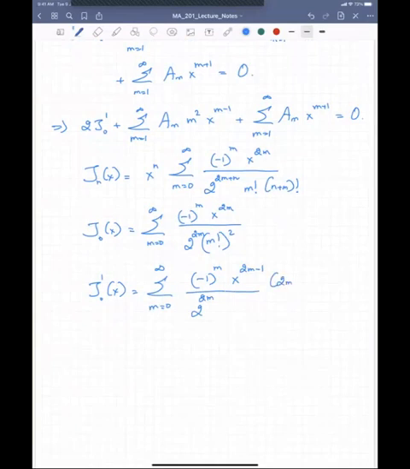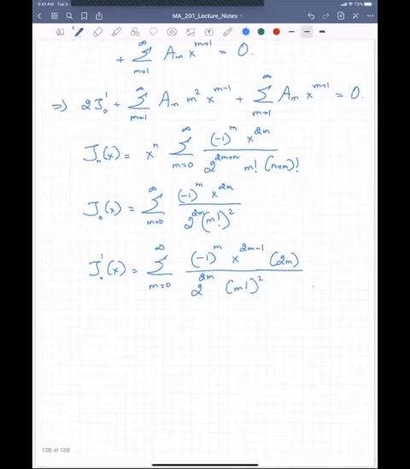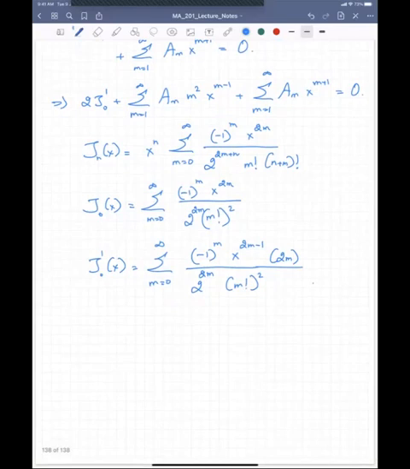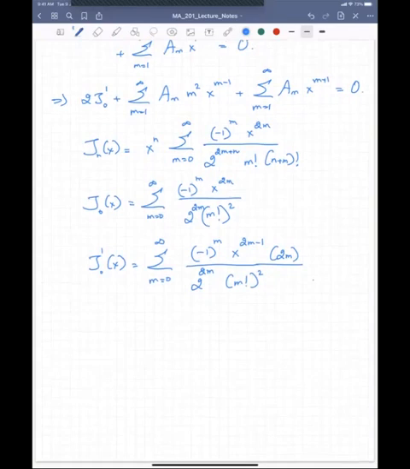So I'll write this explicitly, 2m, 2 to the 2m, m factorial whole square. So you can show that one factor of 2 cancels one factor of 2 here, and one factor of m cancels this m factorial whole square. So putting everything together, you would find that this series can be written as m equals 1 to infinity